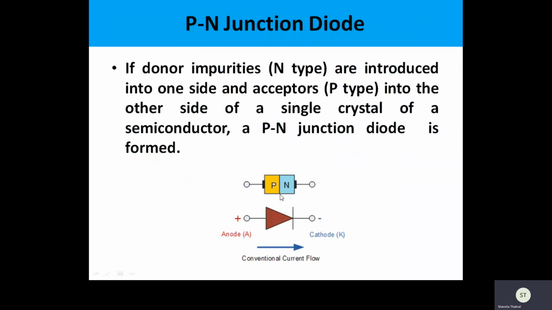So in the p-n junction diode we have both types of extrinsic semiconductor materials, and this is the symbolic notation of the p-n junction diode, that is a triangle followed by a vertical line. The triangle indicates the positive terminal, that is the p-type, and it is called the anode, and the vertical line indicates the n-type extrinsic semiconductor material, representing the cathode. And this is the conventional current flow. Usually in the diode, the current flows from P to N, that is in the direction of the arrow, indicating the current flow during forward biasing of the PN junction diode.